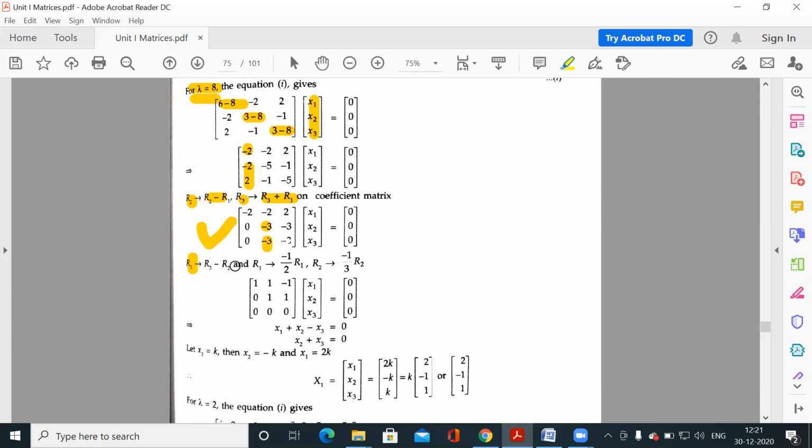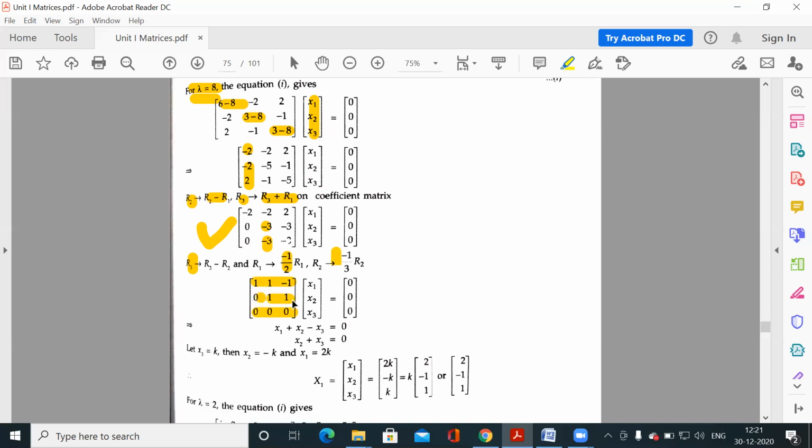So this matrix would be minus 2, minus 2, 2, 0, minus 3, minus 3, 0, 0, and this is also minus 3, so this is also 0. So all this last row would be 0. And now, to make the calculation easy, they have multiplied R1 and R2 by these numbers, because these are minus 2, minus 2, plus 2. So if we multiply by minus 1 by 2, it would be 1, 1, minus 1. And similarly for R2, this is minus 3, minus 3, so this would be 1, 1. So our calculation would be easy in this process.